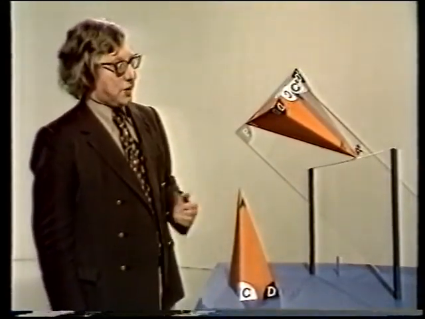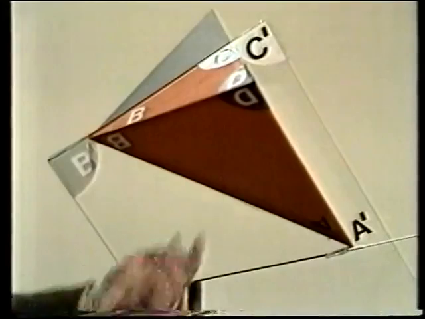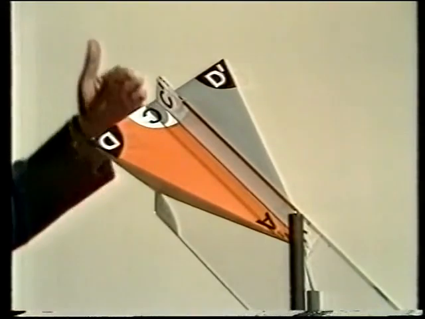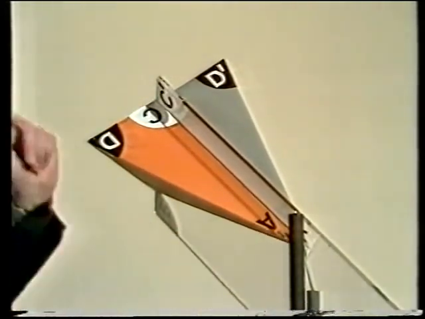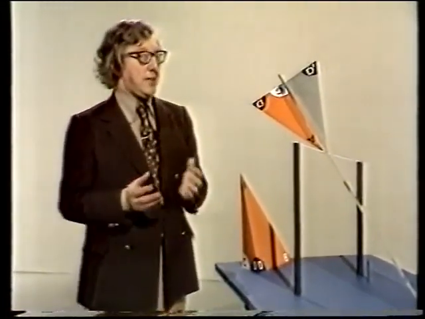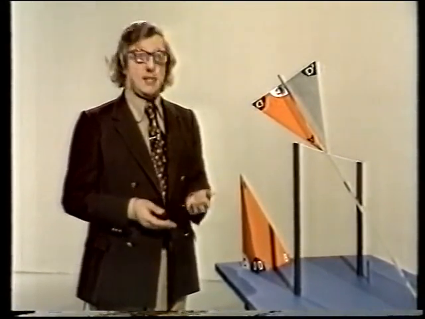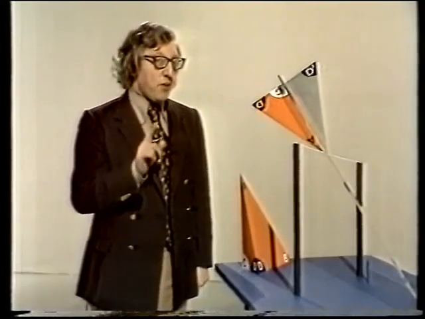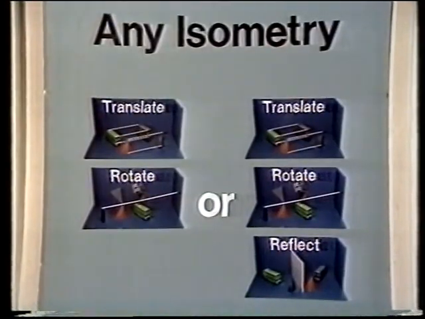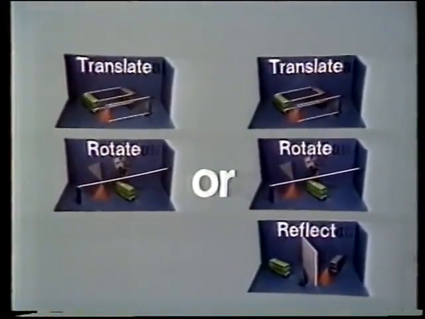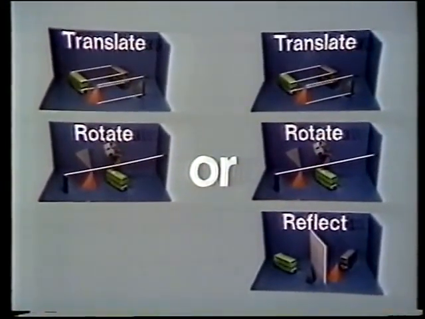So either we've reproduced our isometry by a translation and a rotation, or, in the other position of the fourth vertex D prime, we'll have to follow through with a final reflection in the plane A prime, B prime, C prime. So given any isometry on the 4 vertices of a tetrahedron, we can get it by a translation, a rotation, and possibly a reflection at the end. But really, that's the result that we've been looking for, as long as we restrict ourselves to 4 points of space. Given any isometry, we can reproduce it by a translation followed by a rotation, or by translation, rotation, and